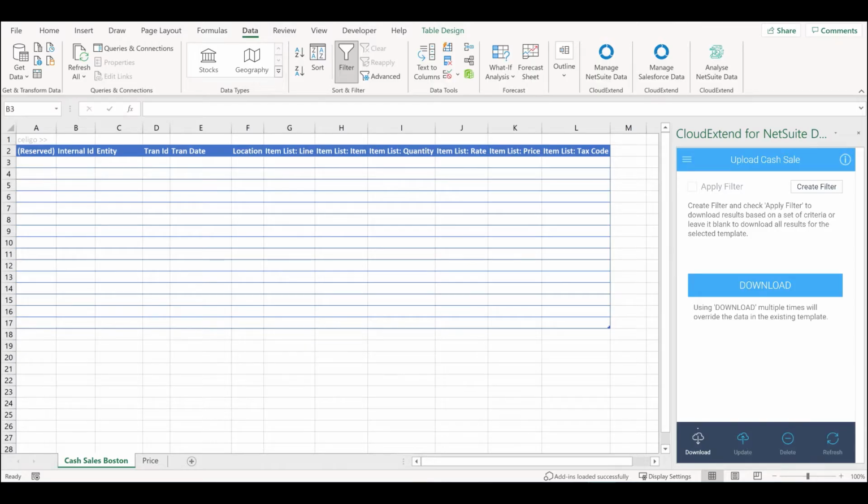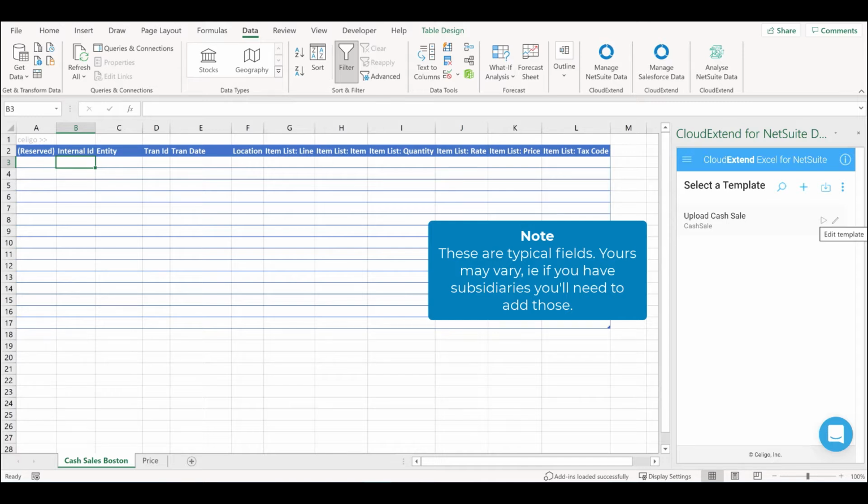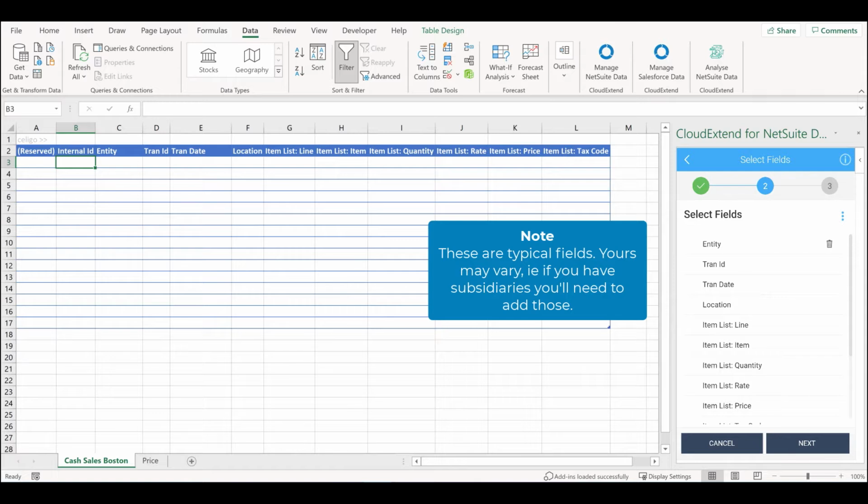Before we demonstrate the use case, we will need to know what fields are required when uploading cash sales records for customer purchases. Let's start by editing the template that we have created for demo purposes. When we build a cash sale template, we will need to add the entity, which is in reference to customer